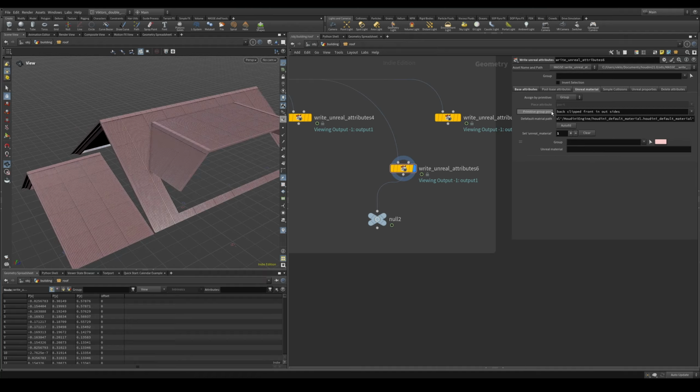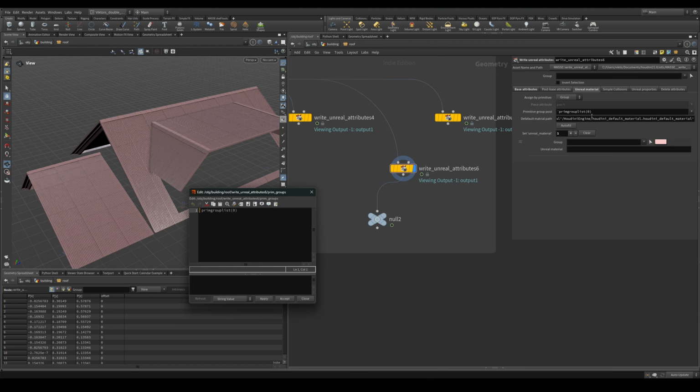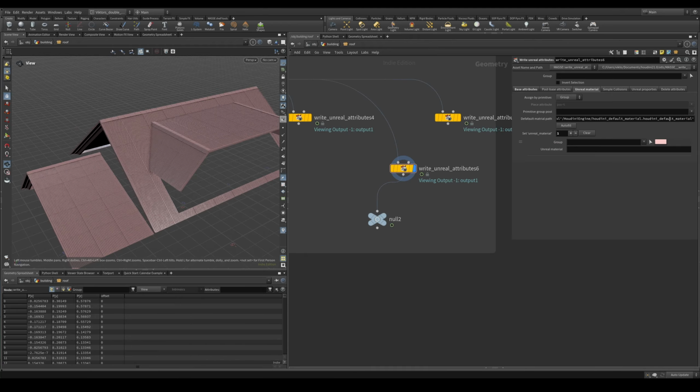And yeah, but if I have set my groups correctly, I would basically remove this group list expression and say, okay, I actually want to use a subsection of my groups for group assignment. So let me go ahead and clear out this expression, edit expression, and apply it. And let's say the clipped groups are the only ones that I want to use for my material